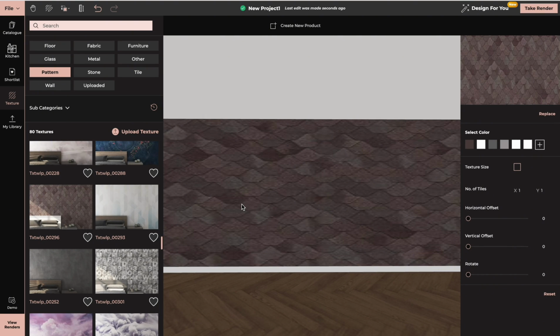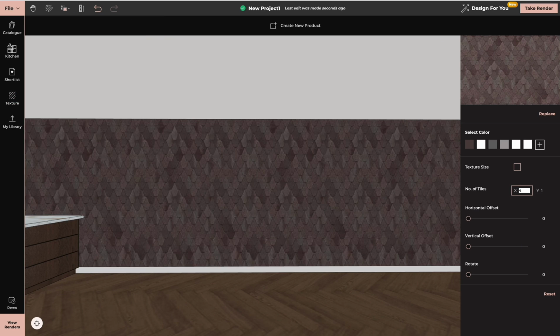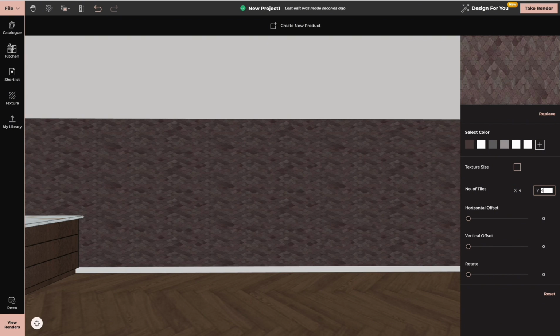Now, if you don't like this texture and you want to change the density of this texture, you will notice that this menu will open on your right hand side. And here we have number of tiles, X and Y. If we have a texture that goes vertically as well as horizontally, then we will play with X and with Y. So now we will try to increase this number, and we can see how the density of the texture is changing. You can play with the number of tiles up to a point that you're satisfied with how your